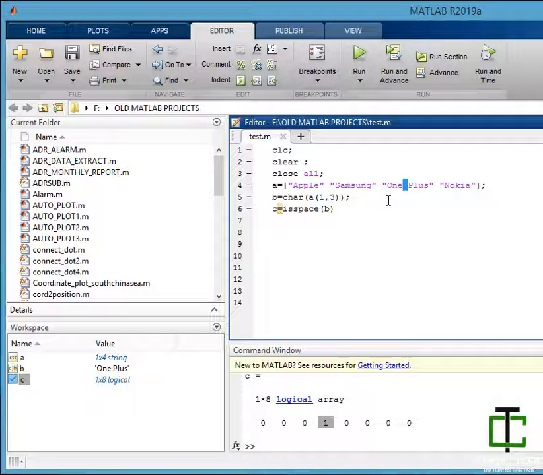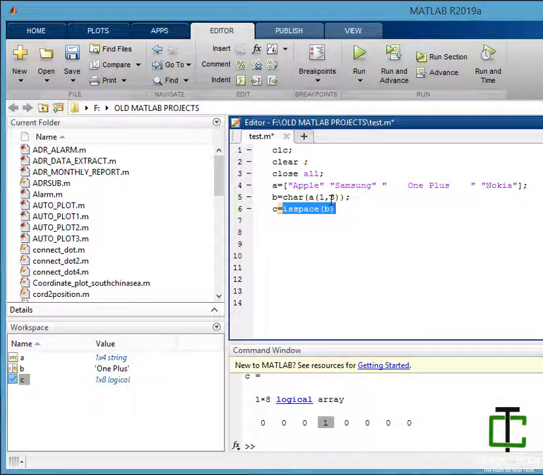Now look at another example. Let's say we have some redundant spaces: there are leading spaces here and some trailing spaces here. I want to remove those spaces.